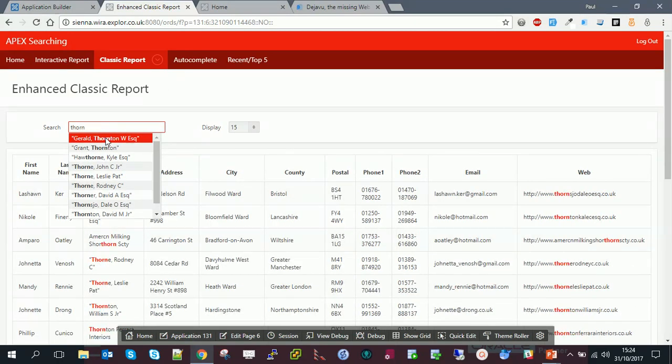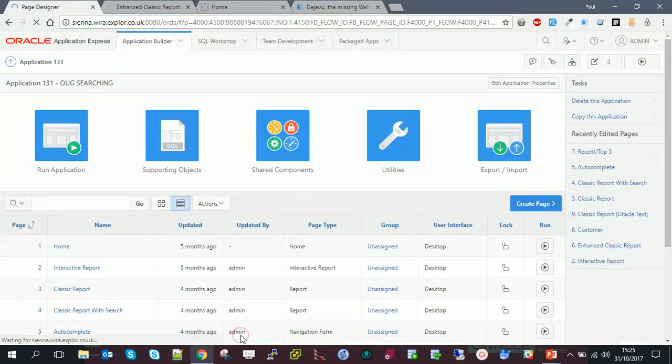Both of these things kind of give the illusion of a Google-esque search without us really having to do any hard work. The autocomplete field, we found it actually reduced the amount of times that the user had to press return and do a search, because the autocomplete was often good enough to give them the correct results. So let's see how we've done this. If we edit the page,